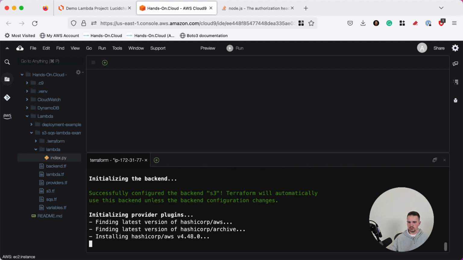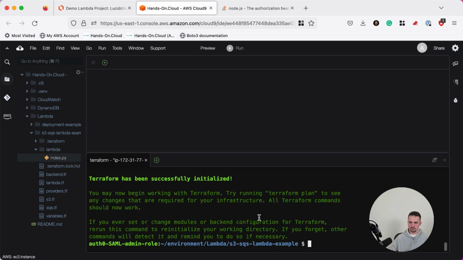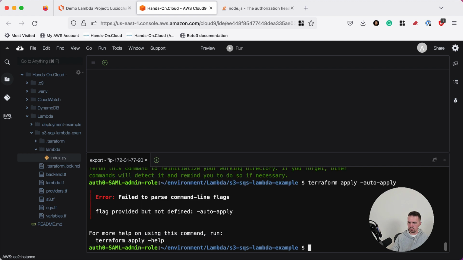As soon as the terraform init command is executed, we can start applying Terraform changes. To do that, we have to execute terraform apply, and then my preferable flag, auto-approve,